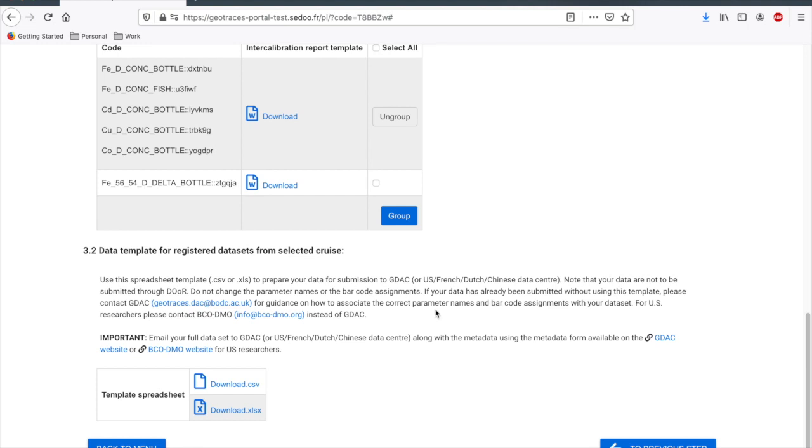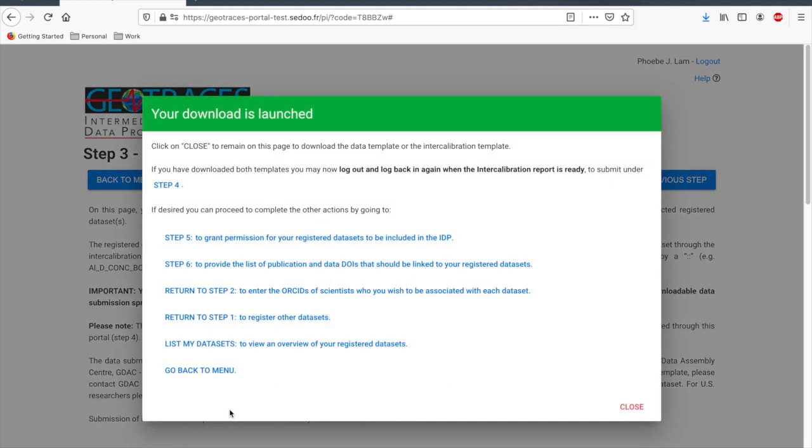In the DOoR portal so far, all we've done is register our parameters, but we haven't actually submitted any data. In fact, we don't submit data through the DOoR portal. The data gets submitted to data centers. The DOoR portal is there just to register your parameters and generate the barcodes. But we generate the template here,